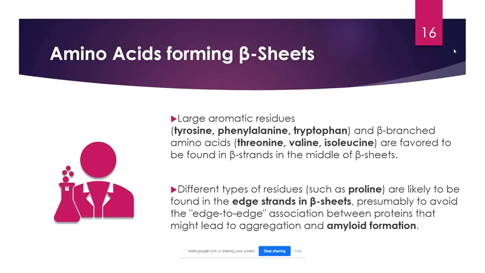So after you do the homology modeling, you are able to solve 80% of the structure, but for the rest of the 20% you find out that these amino acids are there, and that it is rich in tyrosine, phenylalanine, tryptophan, this kind of amino acid. Then obviously that part is going to form a what? Beta sheet structure. Okay, and generally proline also tends to be found at the edge of the beta sheet.